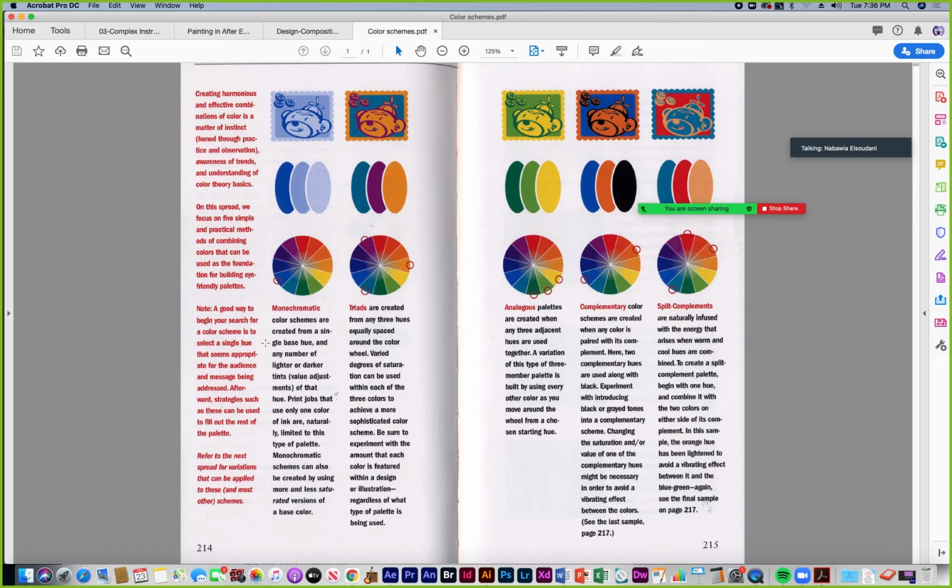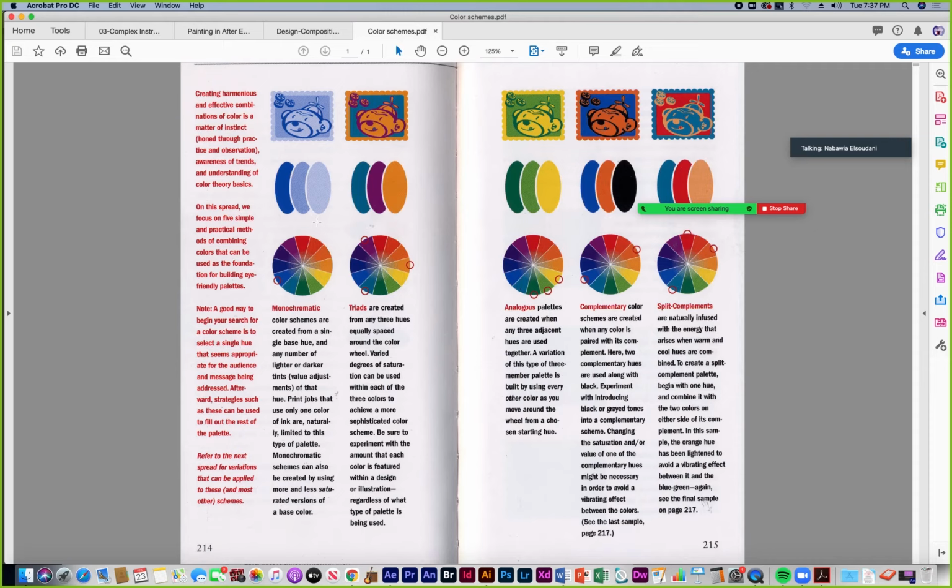There's a description about the color scheme here that's showing an example of what color was selected on the color wheel for that color scheme, and then an example of the color swatches that were used, and if there were variations of the colors that were selected along the color wheel, how they were varied, and then what the design looked like.